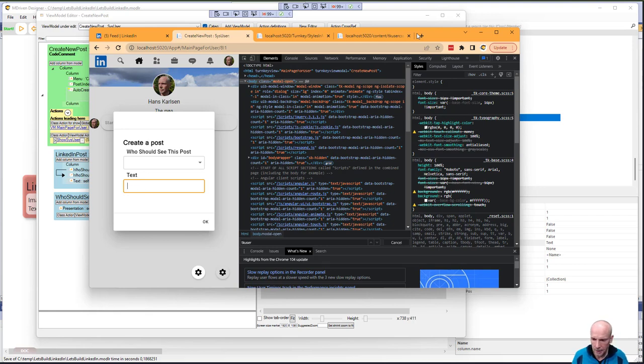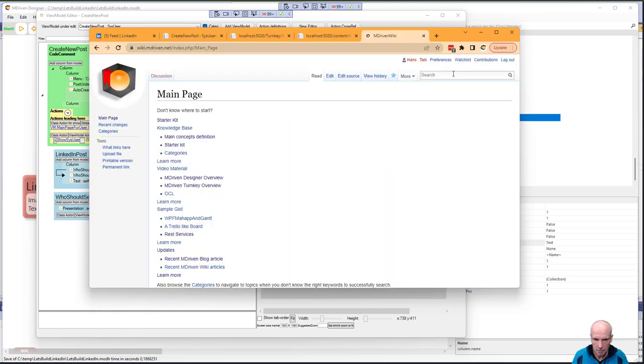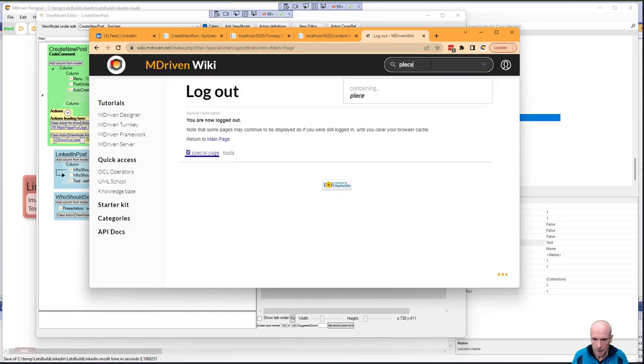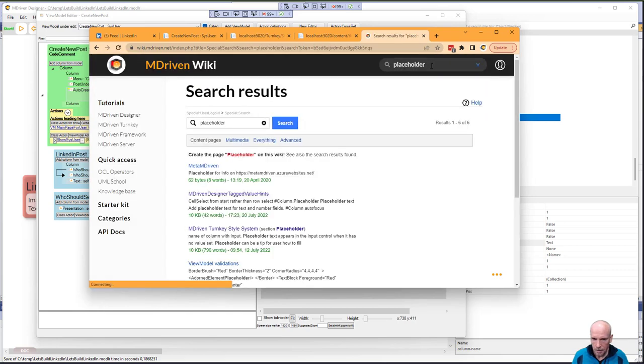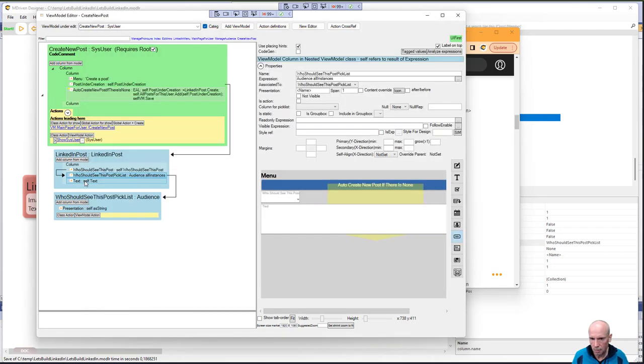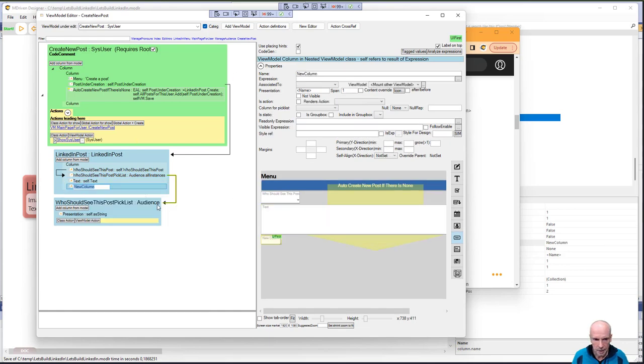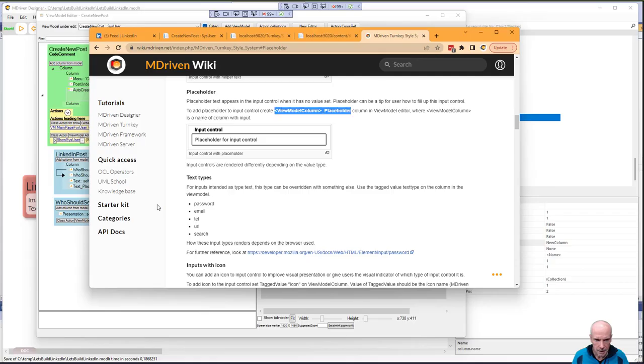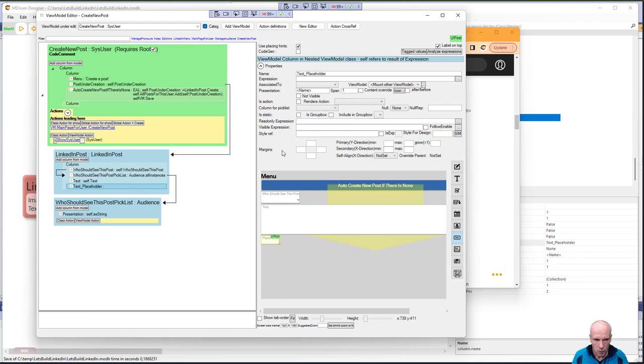So we call that a placeholder. I'm going to look that up in the wiki, how that is constructed. Placeholder, I'm going to find it, the placeholder for input control, that's the one, and it says that you need a view model column named the same but ending in underscore placeholder. So adding a new one, calling it text placeholder, and then we can put in an expression or simply the text